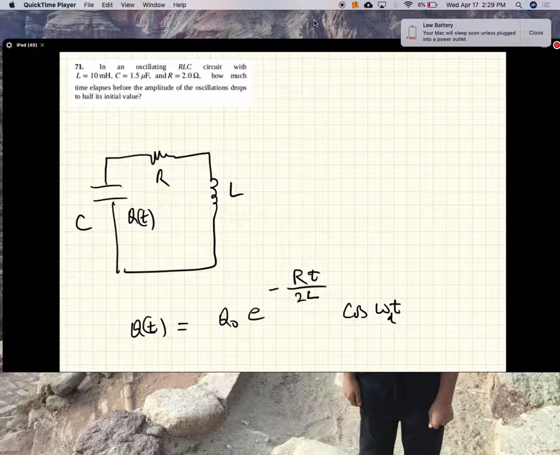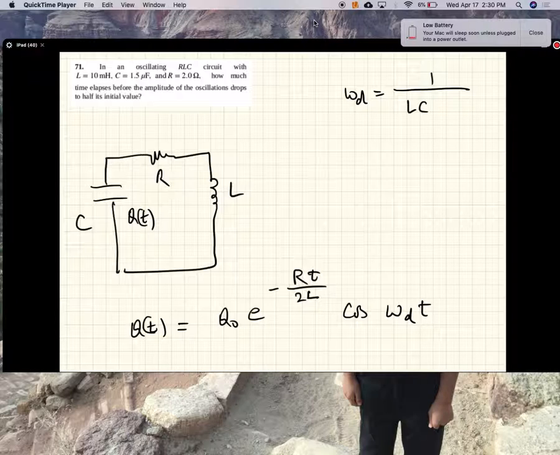The frequency changes slightly, but that we're not concerned with. The subscript D tells you it's a damped circuit, where omega D is